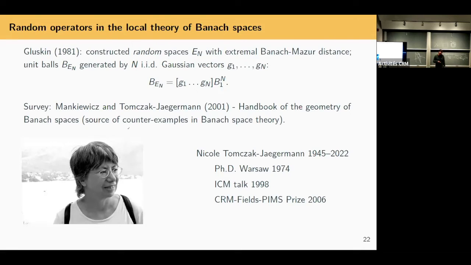So Gluskin had the idea to construct spaces randomly. How does he do this? He took a Gaussian matrix, just independent Gaussian vectors, and hit the L1 ball with it. The L1 ball is the diamond, right? So hit this with the Gaussian matrix in a high dimensional space. What do you get? The convex hull of a bunch of Gaussian vectors, something with spikes. It's still a convex set, but it turns out to be very hard to sandwich two independent copies of those, one inside the other.